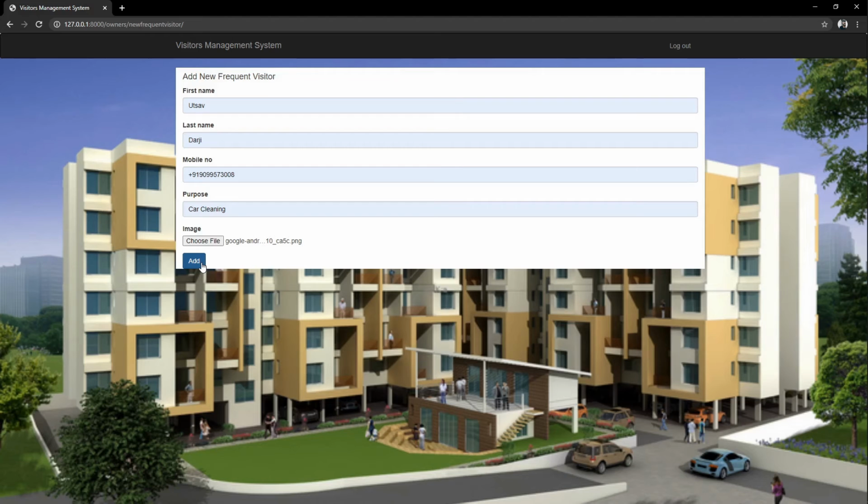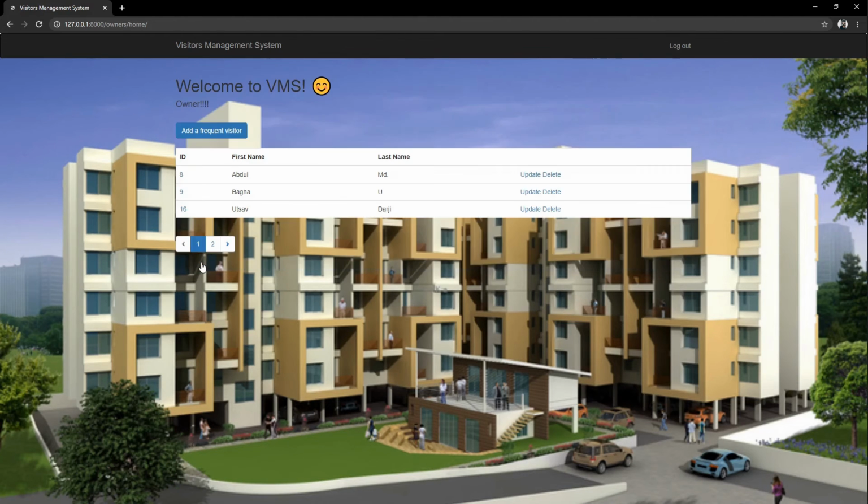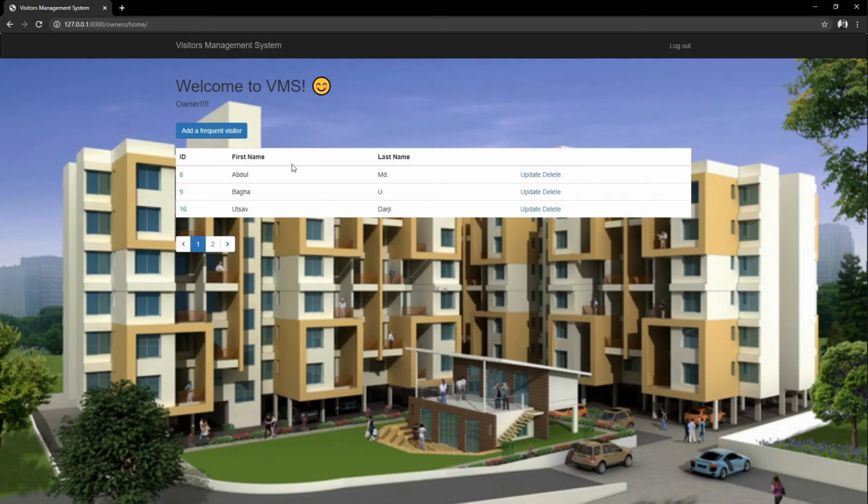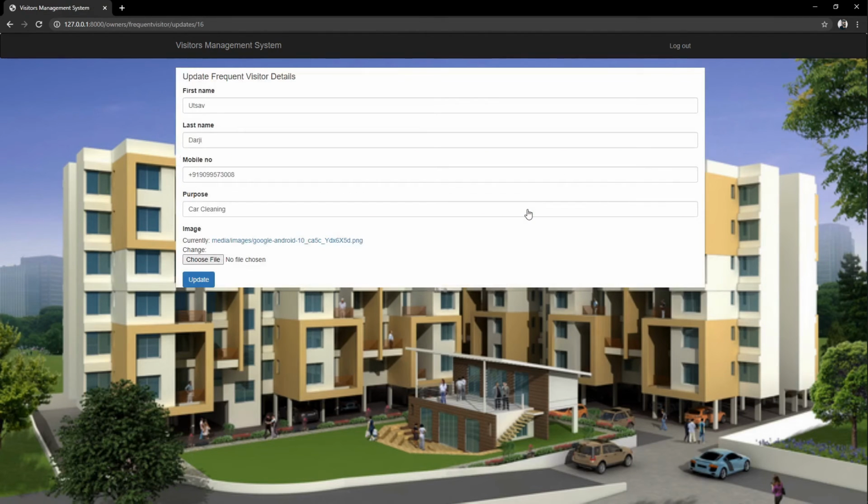Now add this visitor. So as you can see, Utsav Darji is added over here as a frequent visitor. Now if I want to see his details, I can click here on his ID and I can see all the details of Utsav Darji. Now if I want to update his details, I have to click on update and I can see all the details over here.